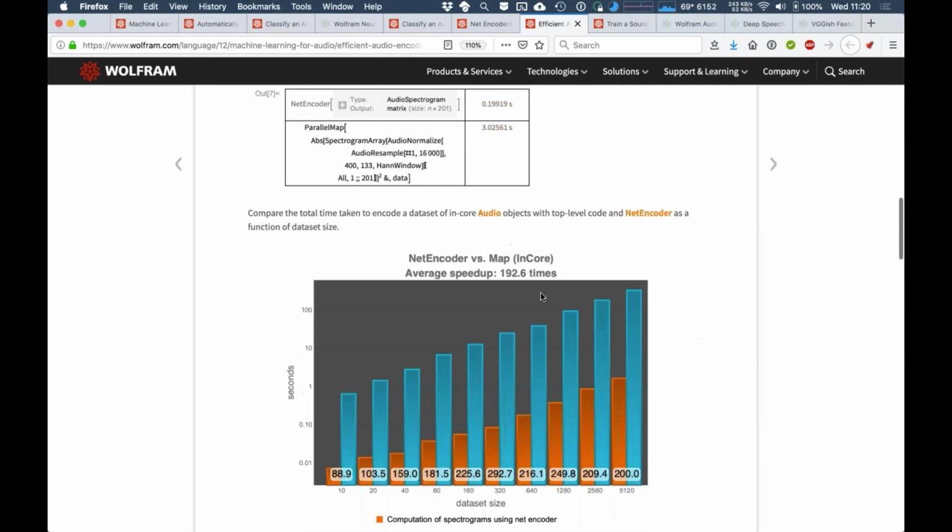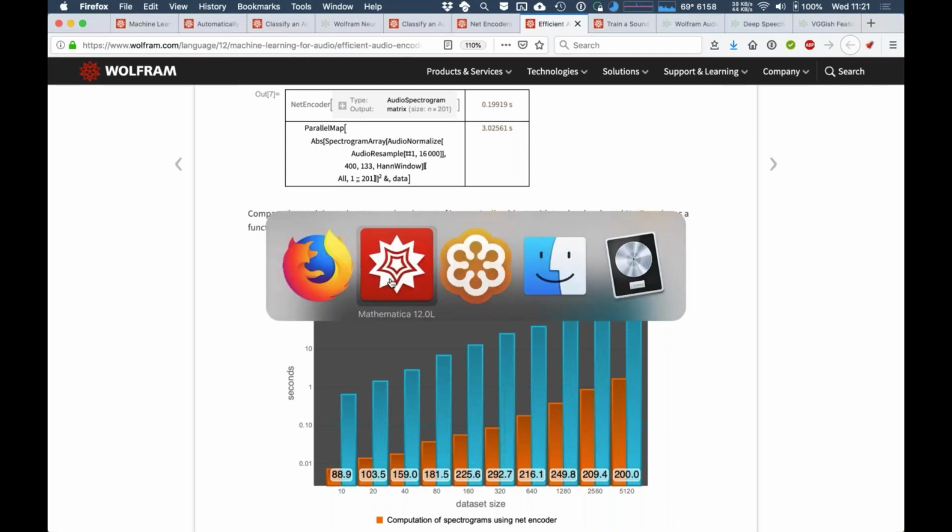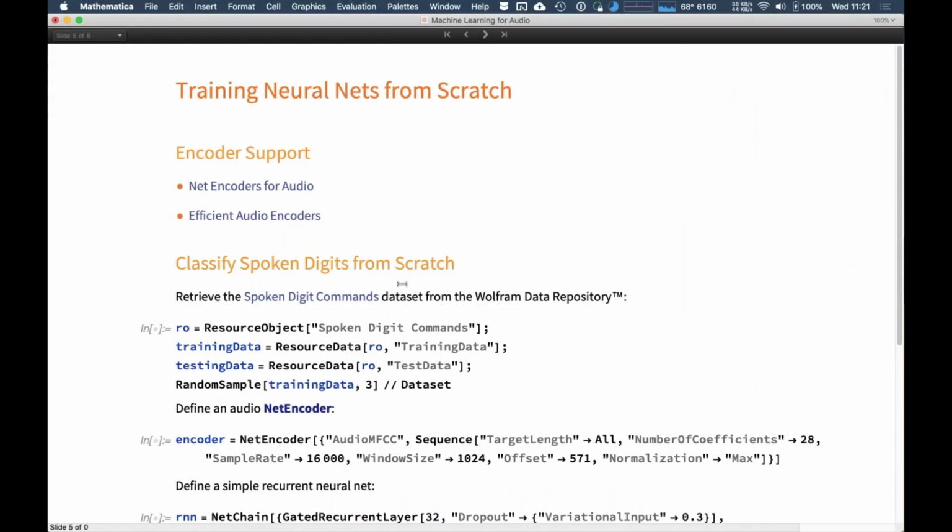We have huge performance gains with respect to top-level importing and feature computation for the net encoders. You can compute a variety of different features, and this computation is extremely efficient. And this is your injection point for neural nets.